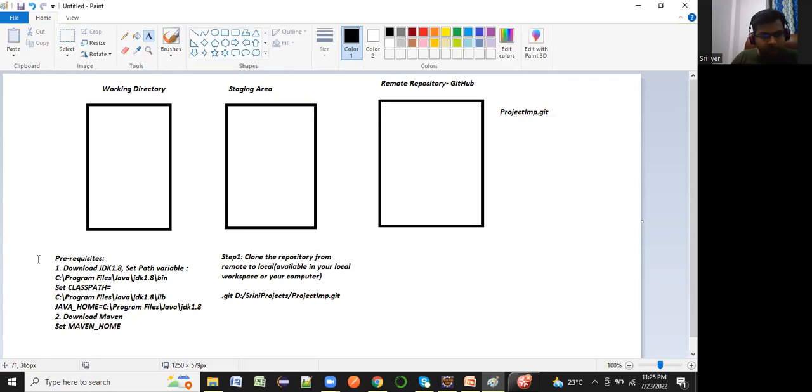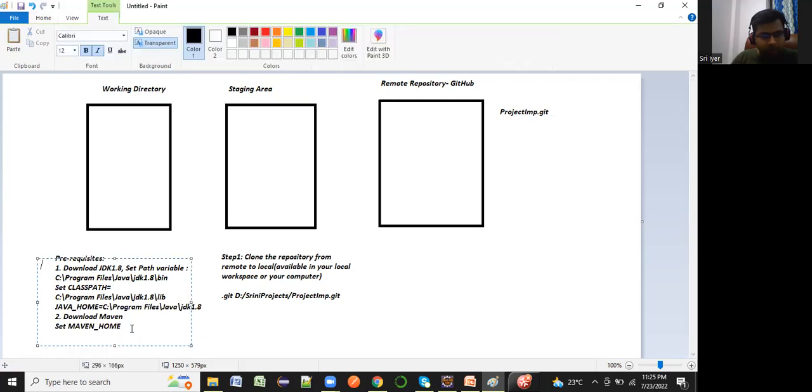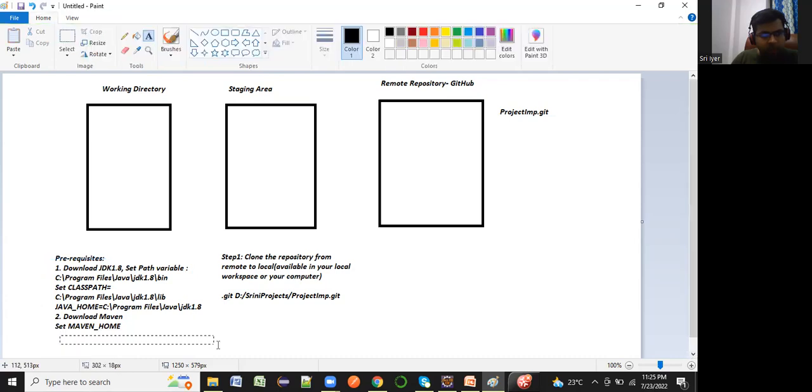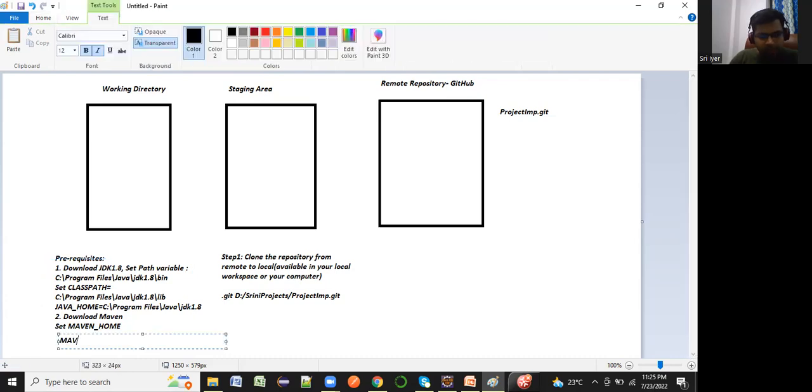Okay, let me go back here. So you have to set Maven home. Let me continue this in a new text part. So you have to set Maven home equal to